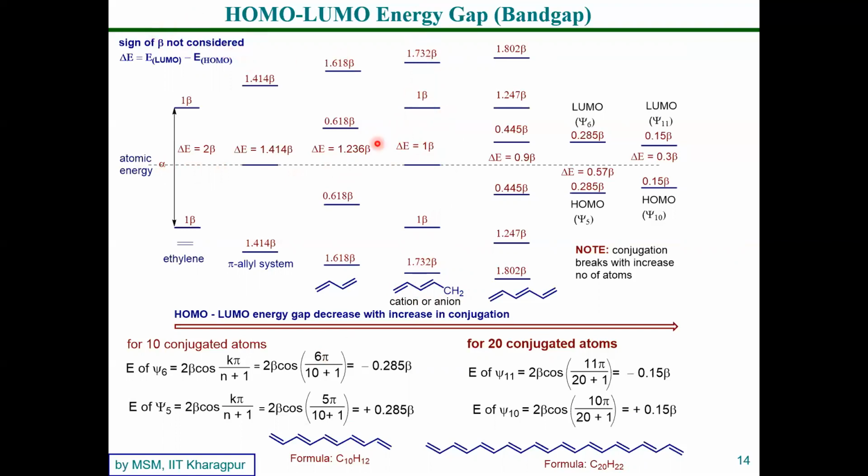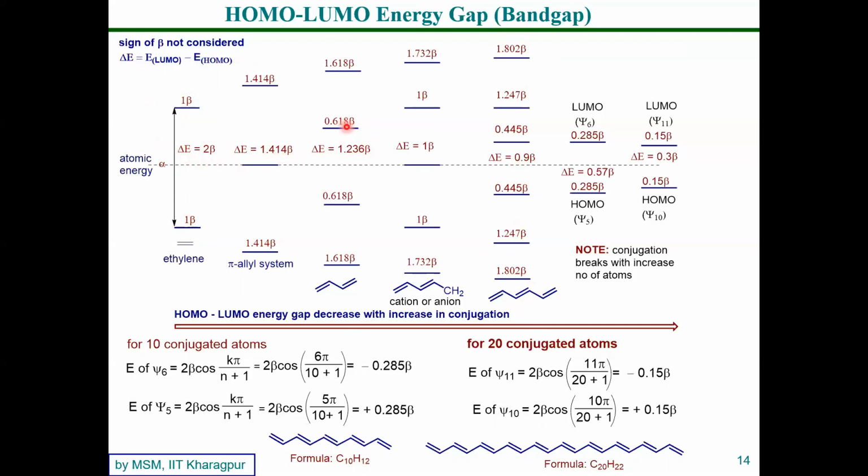but the sign, again, we are not considering; the sign of beta is not considered. Same way you can think about 1,3,5-hexatriene, and you can calculate this value too. One thing you can observe here is the HOMO-LUMO gap. This is the highest occupied molecular orbital, and this is the lowest unoccupied molecular orbital. So delta E, the HOMO and LUMO energy difference, will finally lead to the band gap for semiconducting materials. Here it is 2 beta for one more atomic orbital. So this will be the difference, 1.414.